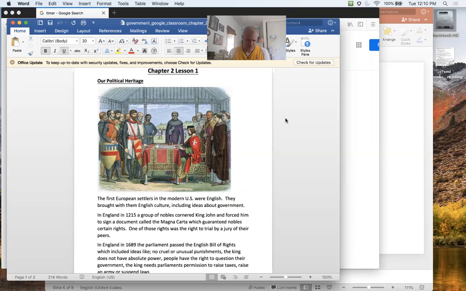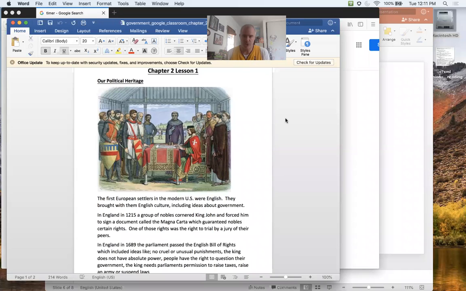And it scares all the kings in Europe. But let's stop there. By 1689, another English leader had come to power, and really a lot of this had to do with the power of the church. Okay, England under King Henry VIII had declared its own church, separate from the Catholic Church, but there were people who wanted to bring the Catholic Church back. And then there were people who said, no, we want to keep the Church of England, where we have more power. So this kind of goes back and forth.